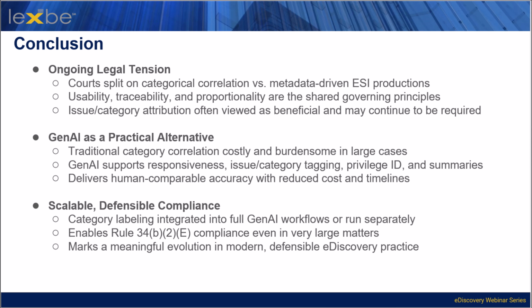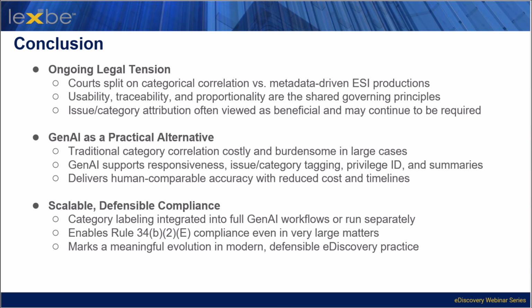In conclusion, modern document-intensive litigation continues to challenge traditional review workflows. This is particularly the case when courts require productions to be organized and labeled to correspond to requests for production under Federal Rules of Civil Procedure 34(b)(2)(E) and analogous state laws. While federal and state courts remain divided on whether complex ESI productions must include categorical correlations as a matter of course, or whether instead metadata-rich searchable productions are sufficient, there is broad agreement that usability, traceability, and proportionality are